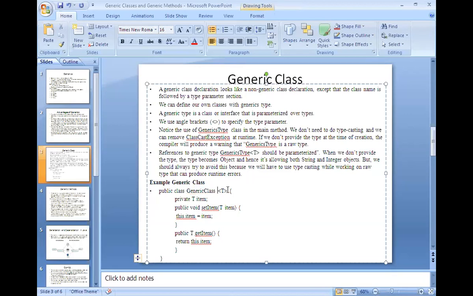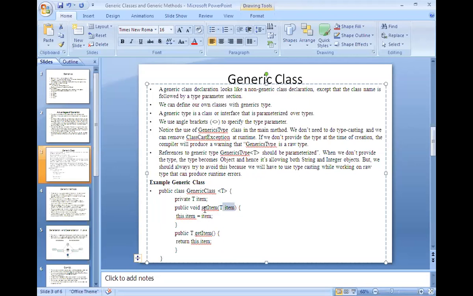This T means type. Here the item is of whatever type you have supplied. Suppose you supply the T value as integer, then the item becomes integer data type. Suppose you supply the T value as string, then the item value becomes string data type. So here we did not perform any kind of typecasting.